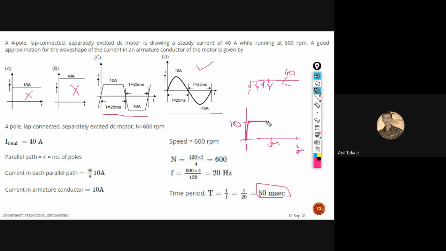And again, suppose I change the commutation, and due to the commutation action, that current will reverse. That current will reverse, so that goes to the downside. And again, here we can say there is a minus 10. So this current again becomes constant. Again, if the commutation action is changed, it goes that way. Again it continues, it goes down again. Like that. So now tell me, what is your option?